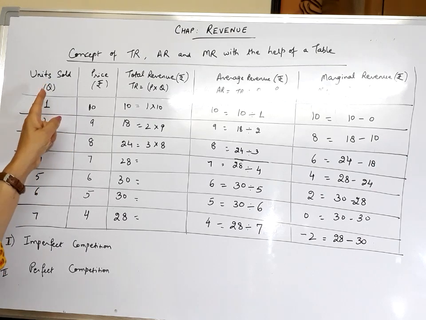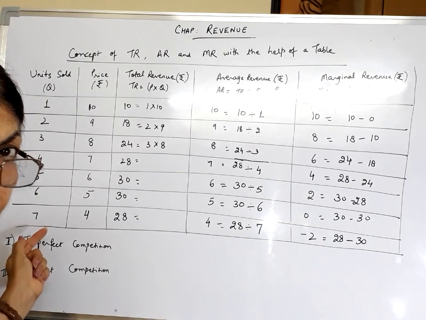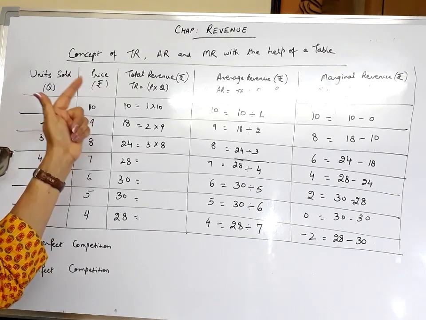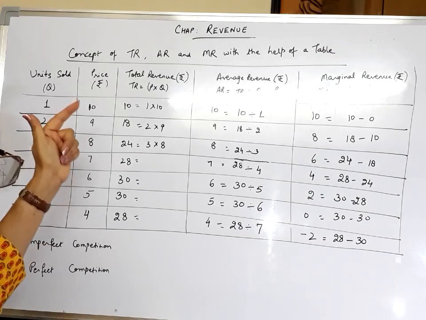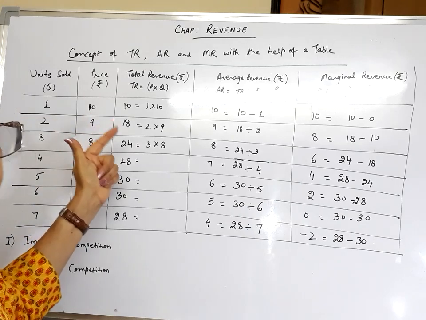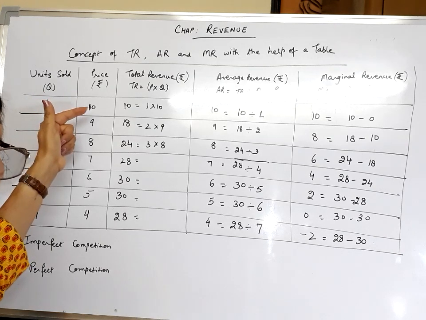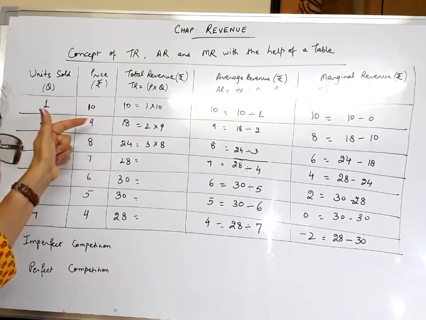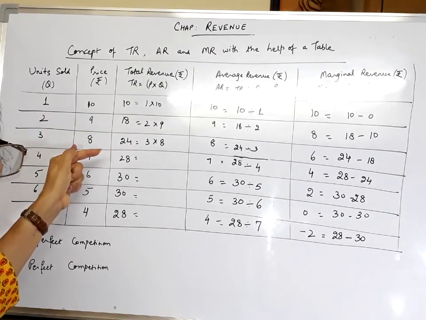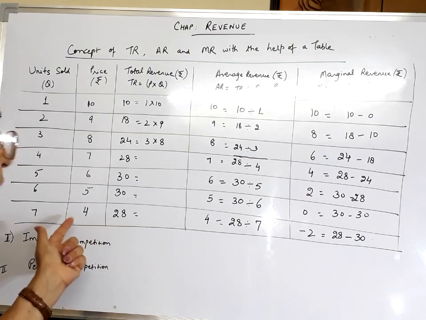So we have the first column of units of output produced by the firm, starting from 1 going up till 7. Then we have the price per unit. Please note, under imperfect competition, price per unit tends to fall because the producer can sell more units of a commodity if he reduces the price of his product. So the price is falling. For the first unit it is very high, the maximum is 10 rupees per unit, and it goes on declining 10, 9, 8, 7. We are reducing the price per unit by rupee 1 each. And for the 7th unit of output, the price is rupees 4.